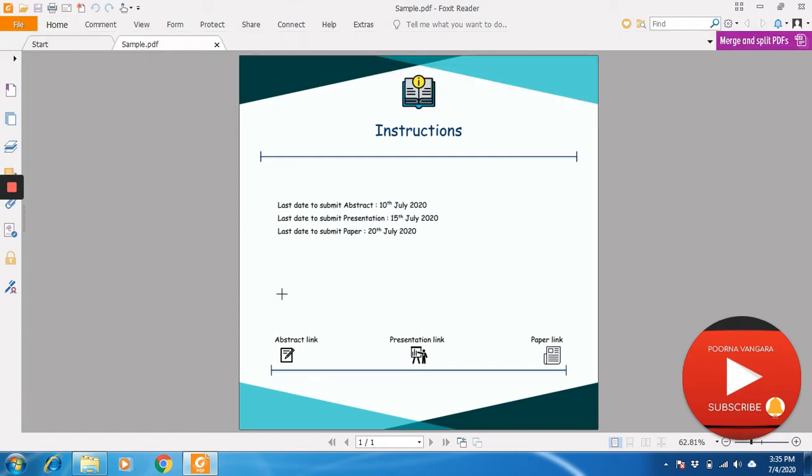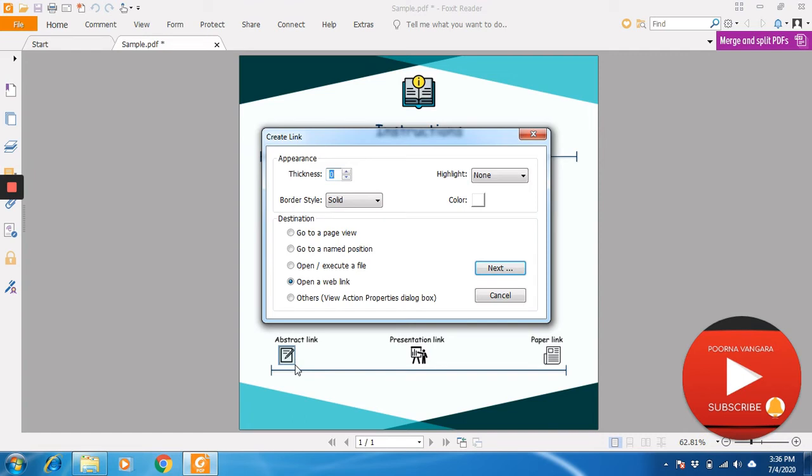You will get this kind of plus button to choose the area. So now I am choosing this area. In fact, we are not choosing this particular icon, we are choosing that area. Simply we are inserting a link in some particular area in the PDF, and that area is the icon. After this, you can choose thickness as 0, and make the color white. Then click on next.